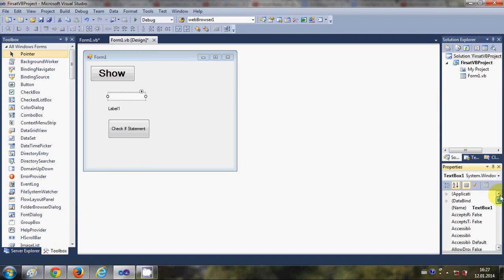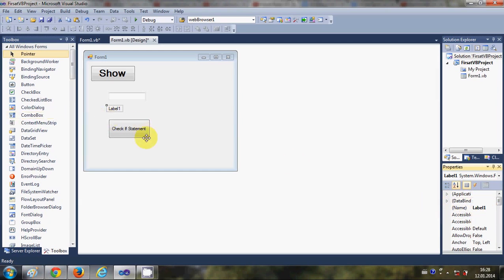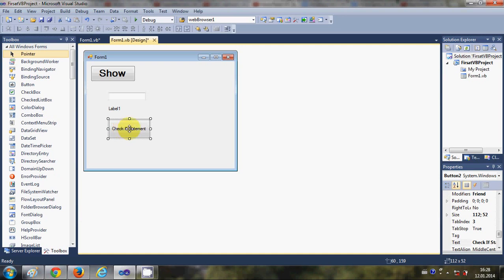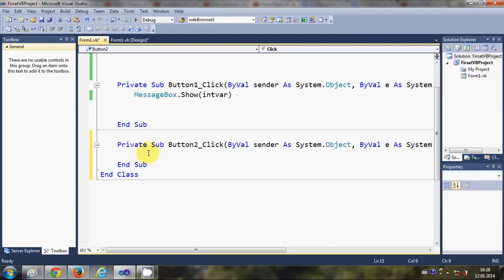And this text box name is, just select this text box and you will be able to see the text box name is TextBox1. So remember this, and the name of the label is Label1. You see here, the name of the label is Label1, so you need to remember these two things. So just select your button and double click it, the "check if statement" button, and in here we are going